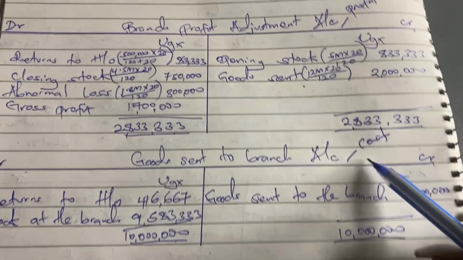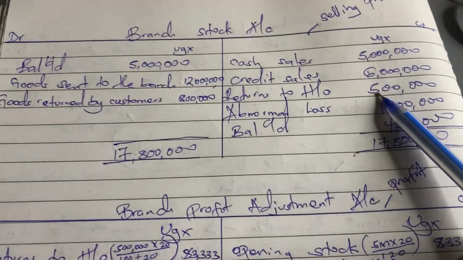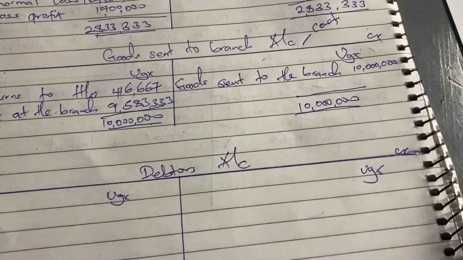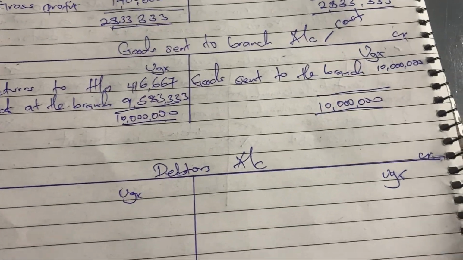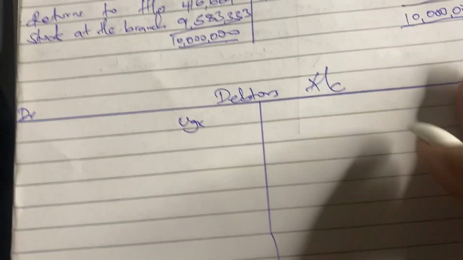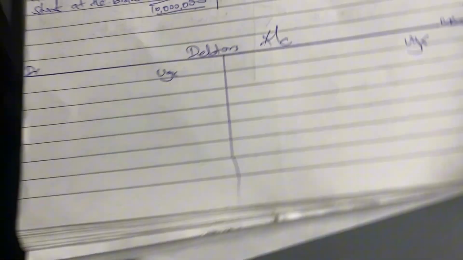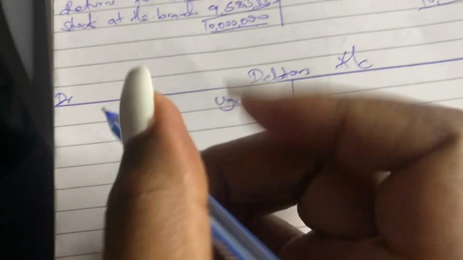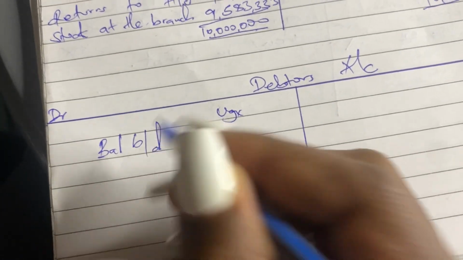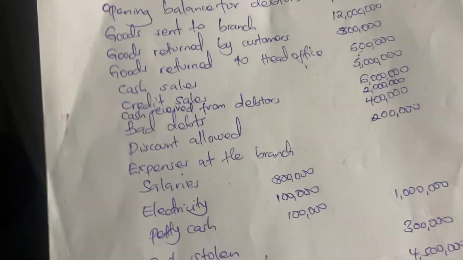It is prepared at cost, this one at profit, this one at selling price. Then the rest of the accounts, we use the figures the way they were given in the question. Don't change anything. Yes, so we go to the debtors account. The debtors account has a normal debit balance. So our balance brought down,